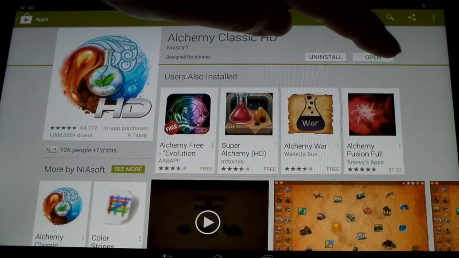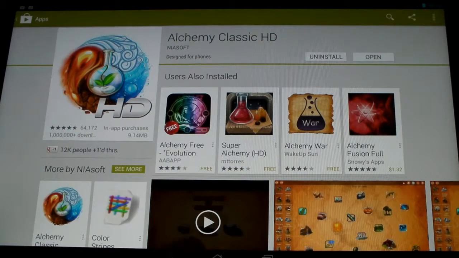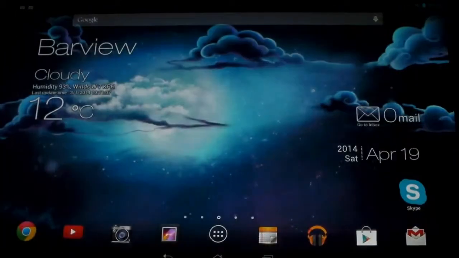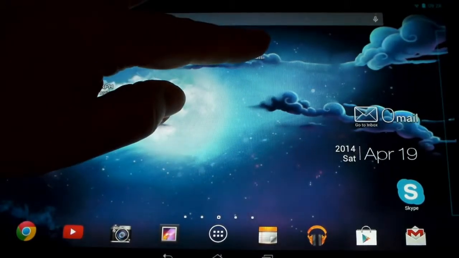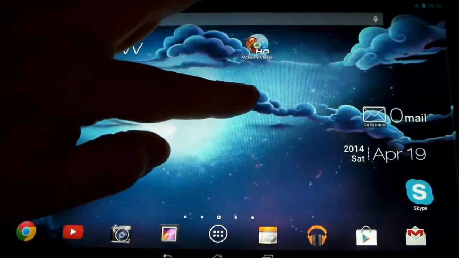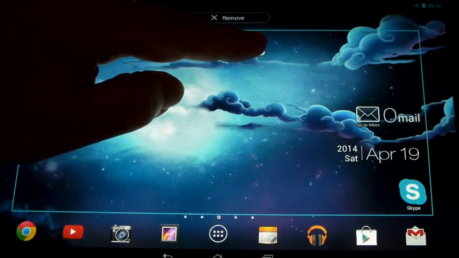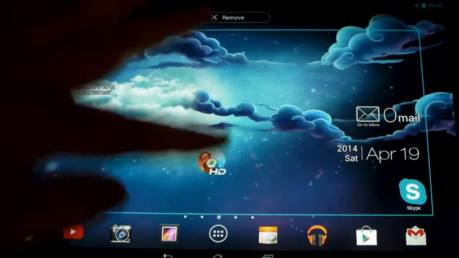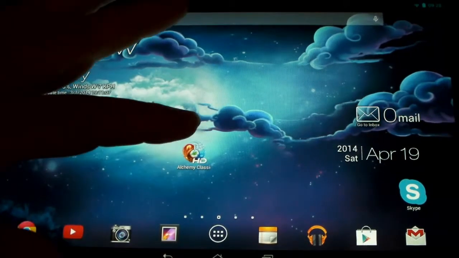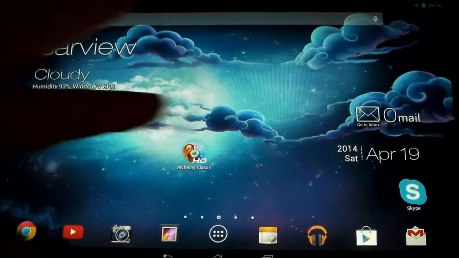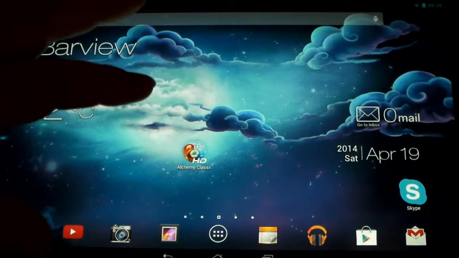These buttons have changed up here at the top. Let's go back to the home screen, and there it has already put an icon here on our home screen that we can move or remove. So then we can run the game. Just click